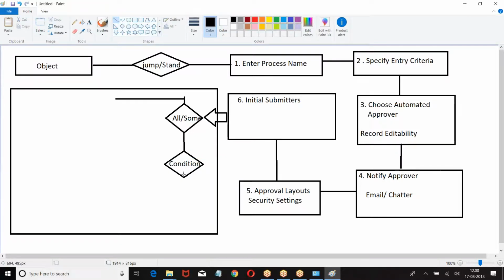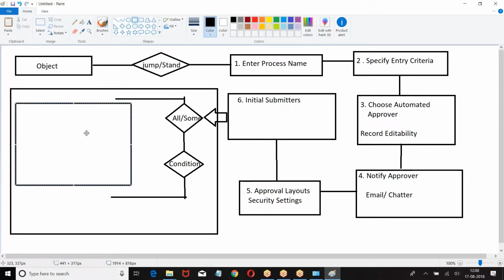When the condition is true, then these records will enter the step. Now, all or some.